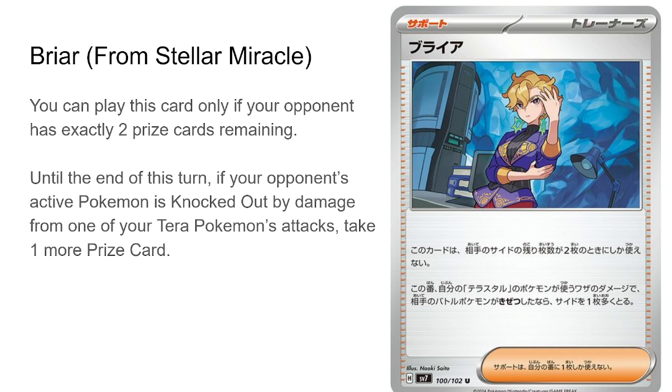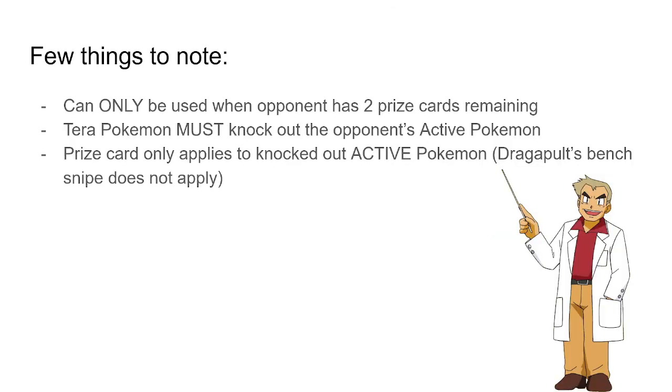Until the end of this turn, if your opponent's active Pokemon is knocked out by damage from one of your Terra Pokemon's attacks, take 1 more prize card. Now, here's a few things to note. This card can only be used when your opponent has 2 prize cards remaining. A Terra Pokemon must be the one to knock out the opponent's active Pokemon, and keep in mind that the prize